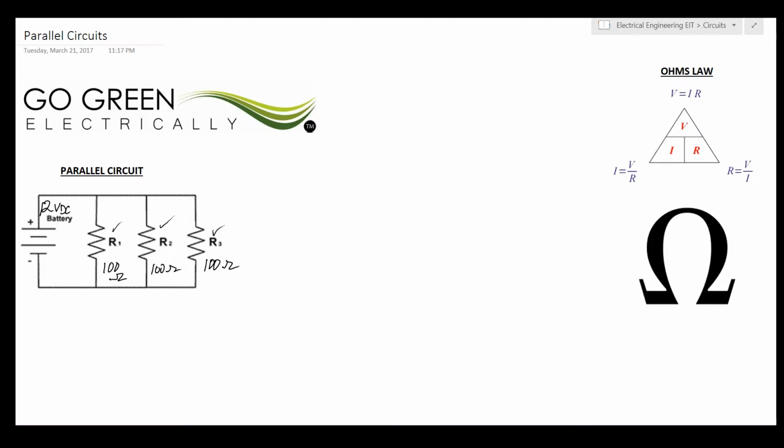Okay, so now we are going to cover parallel circuits. We're just going to recap what the formula is for finding resistance total in a series circuit. So series circuit was R1 plus R2 plus R3. Now on a parallel circuit,